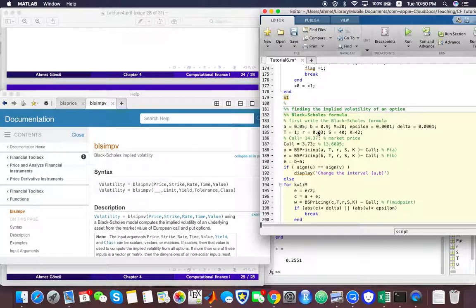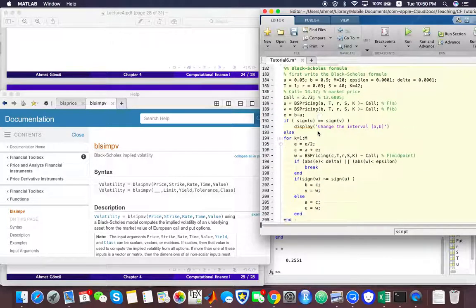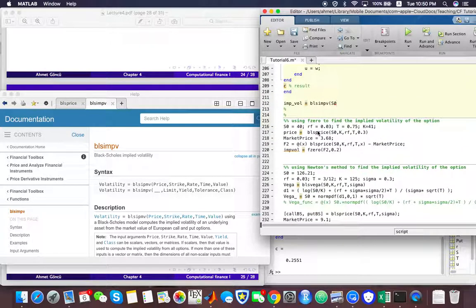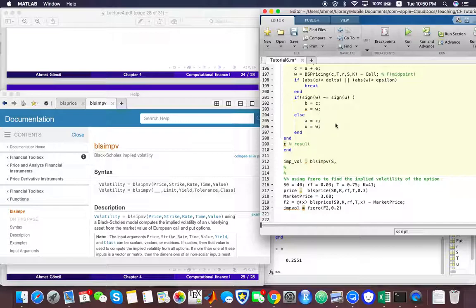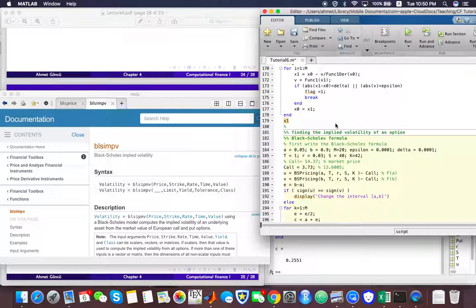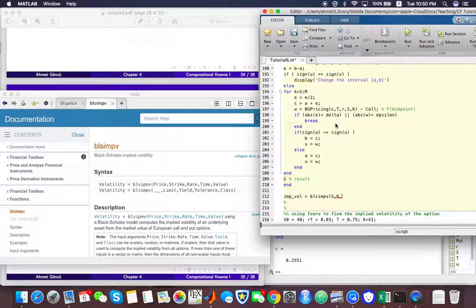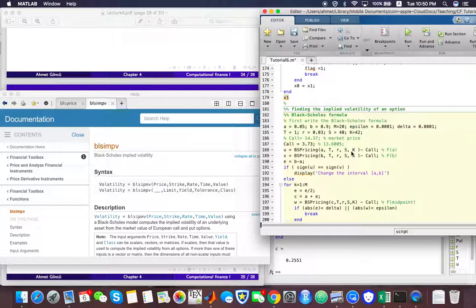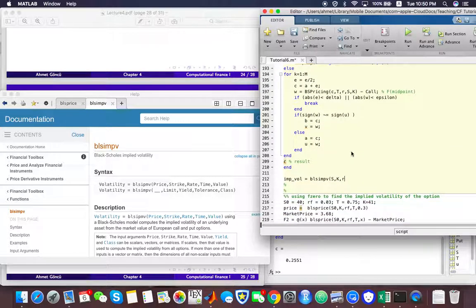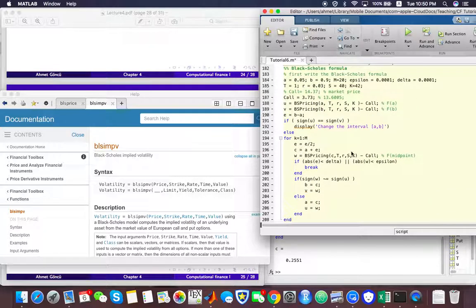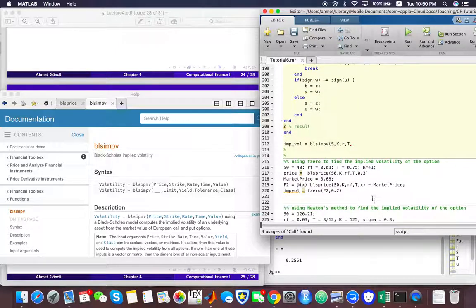I'm going to use the same inputs: S, and then we have K, which is our strike price, and then our risk-free rate, which is just R. Then we have the maturity time and this call price that I'm using as the market price in this example. So if I run this,